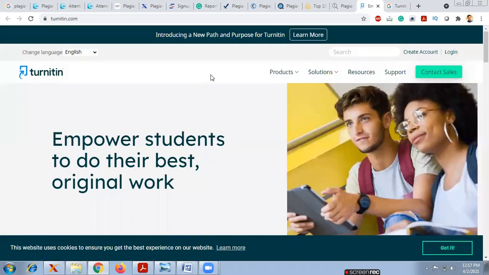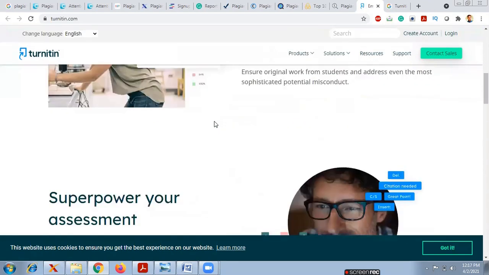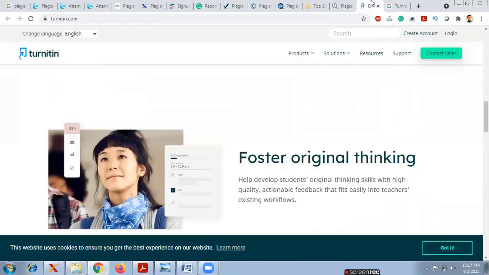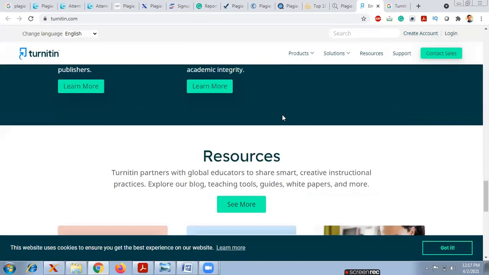And next one is Turnitin. This is the most important thing. Most of the journals will check your paper before sending to the reviewers. First they will check in Turnitin software. The Turnitin is the most important one. Some people call it Turnitin. Okay, and here in this one, Turnitin is the best tool for the plagiarism content.